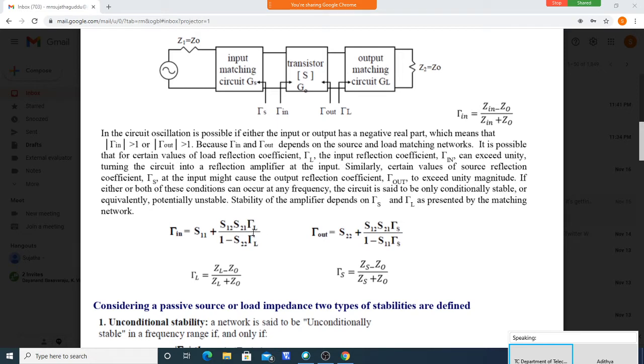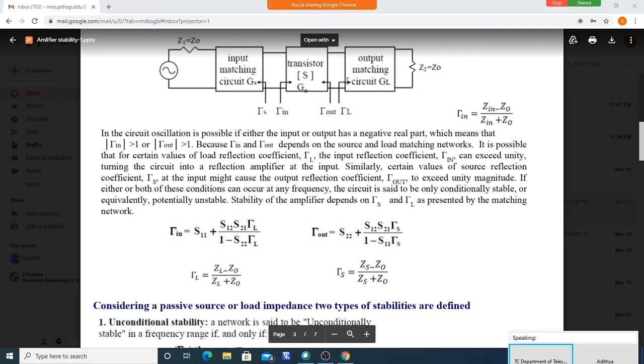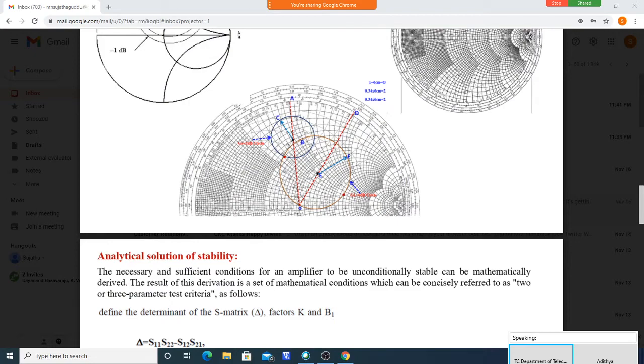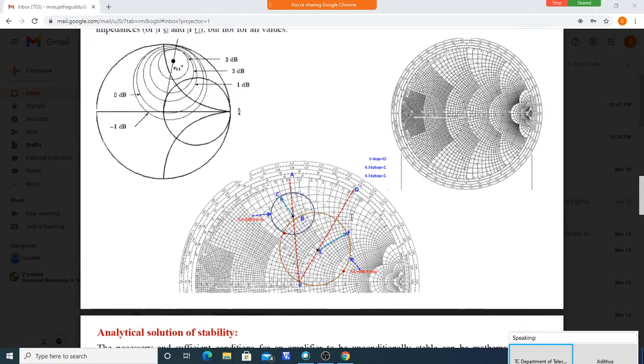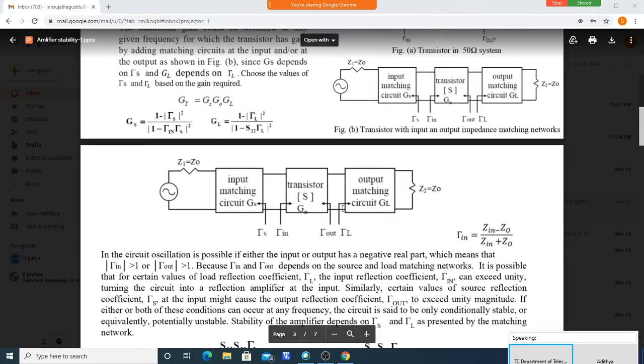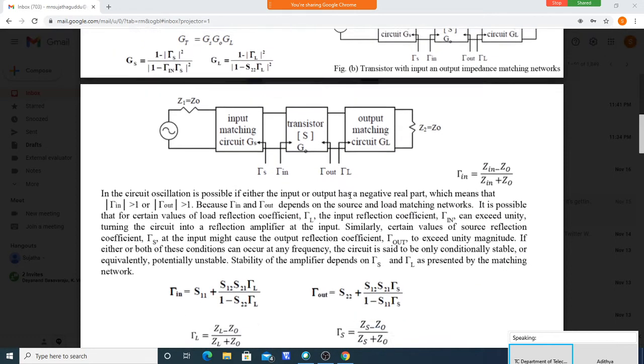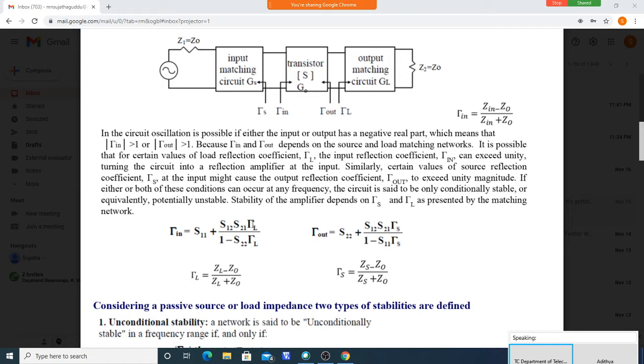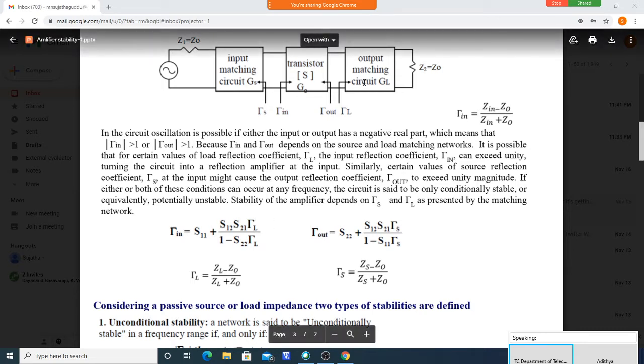That means ZL. Tau L is looking in this direction. Whatever input you set, we are setting this tau L. By choosing a proper value of ZL, for example, we are taking one value over the circle like this, and we are setting that ZL. ZL means we are setting tau L. So this tau in depends on tau L. What value of ZL we choose here decides tau in, the input reflection coefficient.